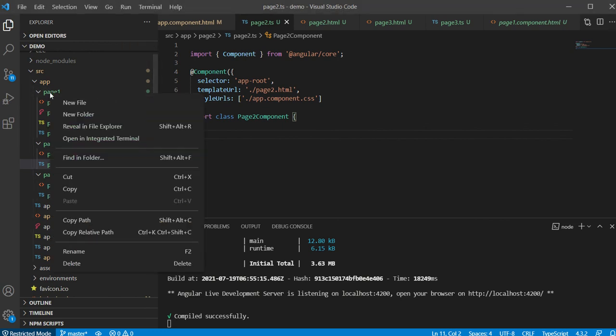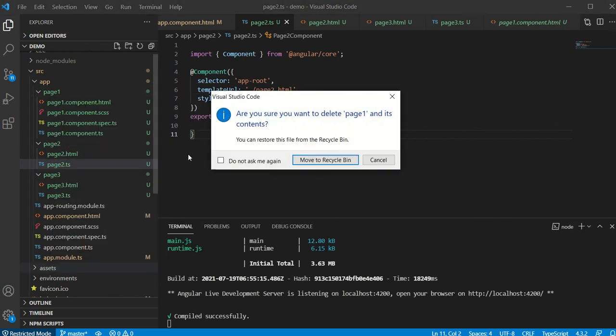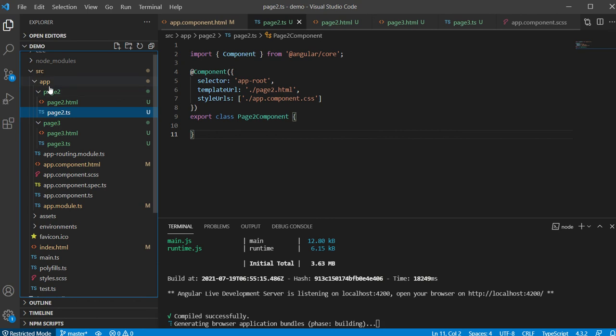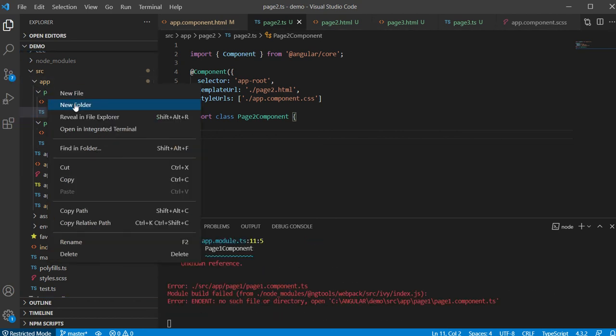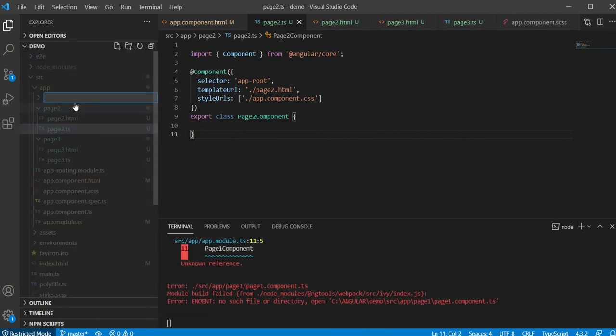So I delete this page 1. Now I create my own from the beginning.